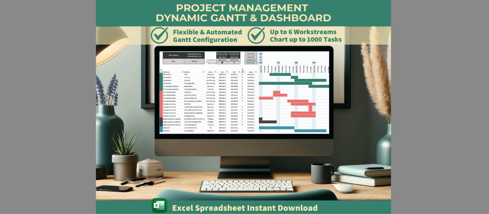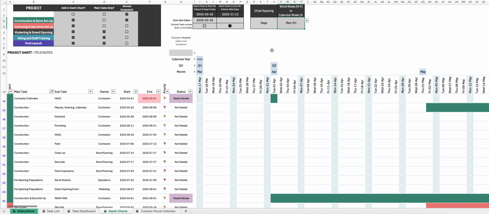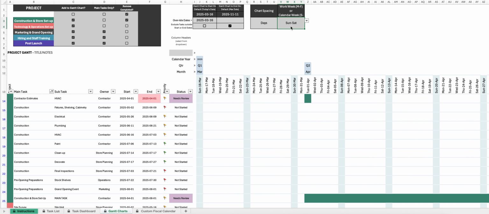Hi there. Welcome to this quick walkthrough of the Step Ahead Sheets project management spreadsheet, a simple yet powerful Excel tool designed to help you stay organized across multiple projects, work streams, or departments. Whether you're a project manager, team lead, or just trying to juggle a lot of moving pieces, this spreadsheet has